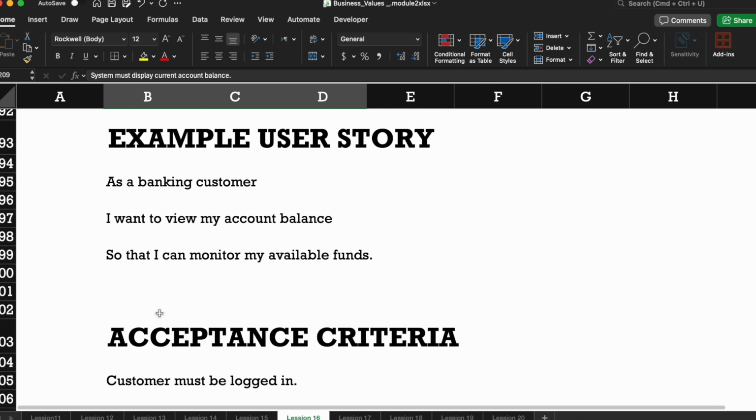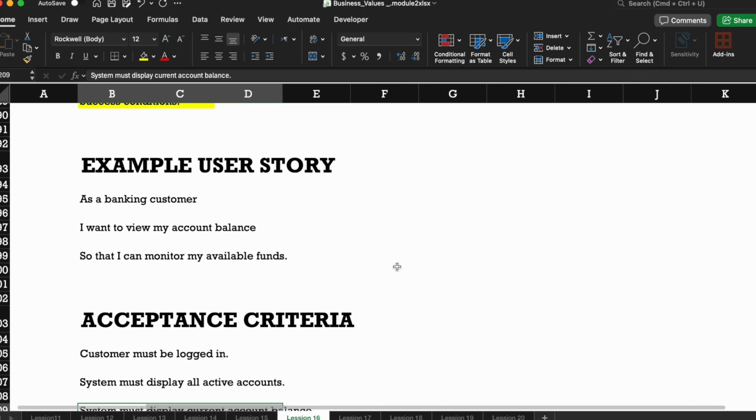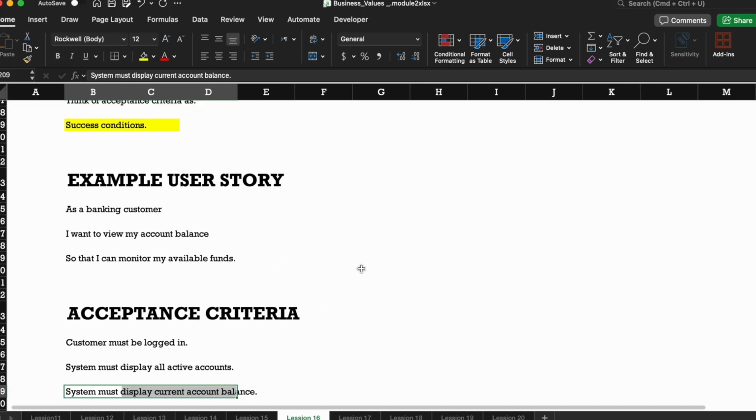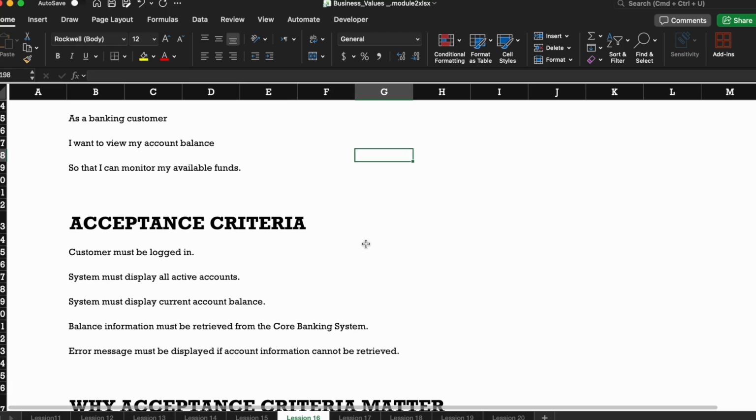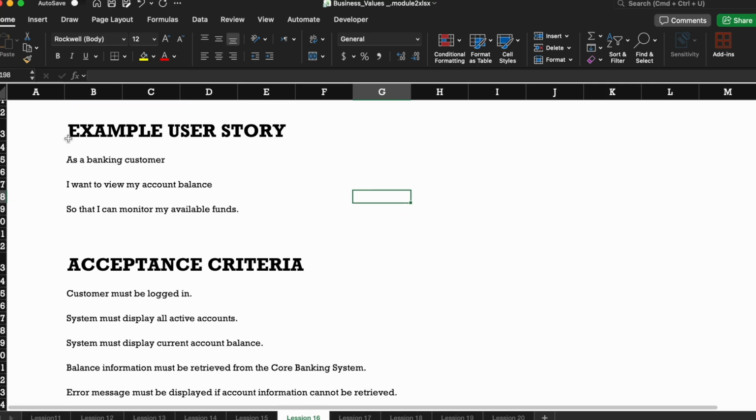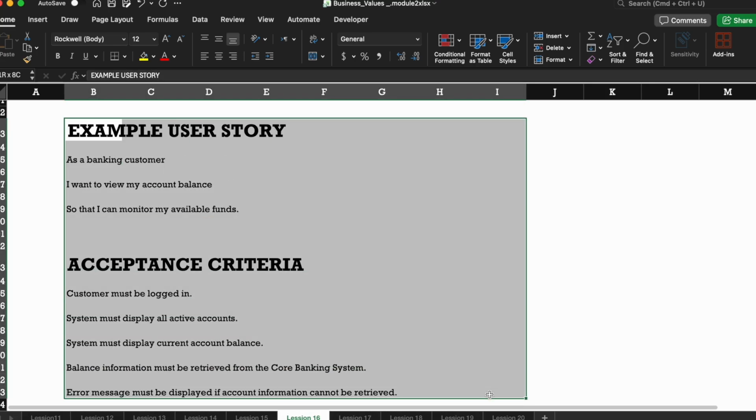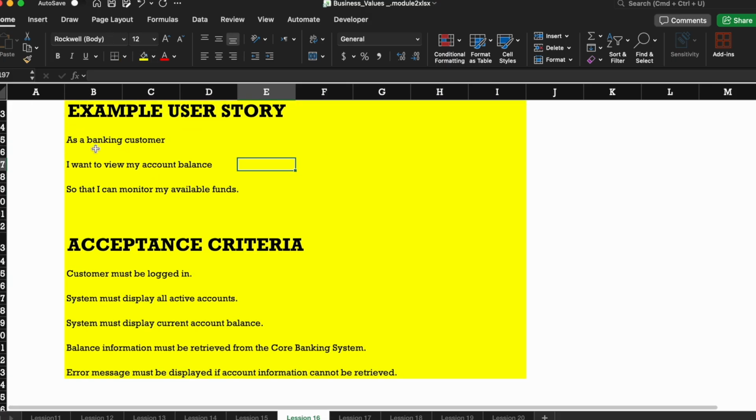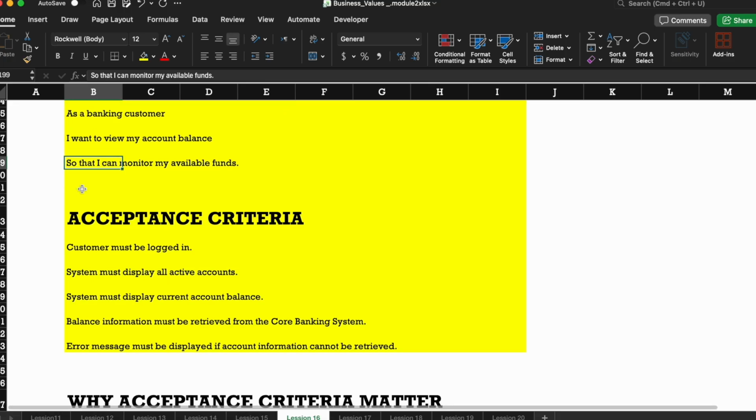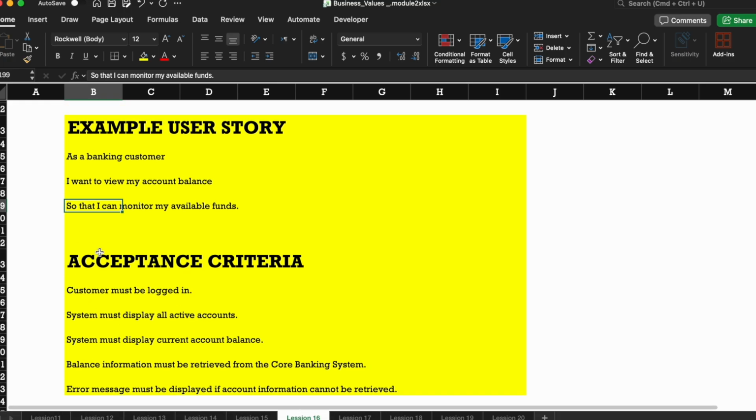So let me make it a little smaller so that we can understand. This entire thing becomes one piece of the user story. This one, let me highlight this one. So this is your complete user story. In this piece you write who is the person affected, what they want, and why they want it, right? So now acceptance criteria: you are saying that for a banking customer to view the account balance, the customer must be logged